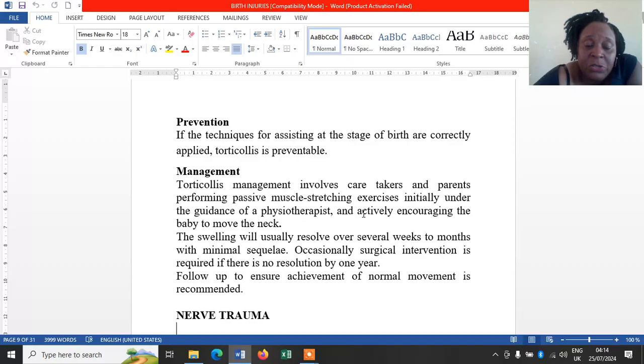The swelling will usually resolve over several weeks to months with minimal sequelae. Minimal sequelae means with minimal injuries. And usually we may not need any surgical intervention,